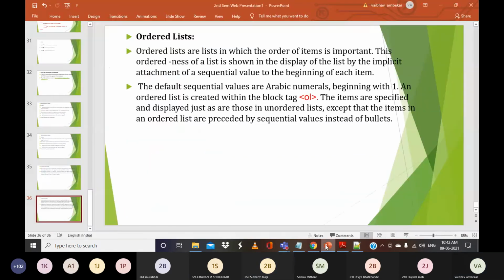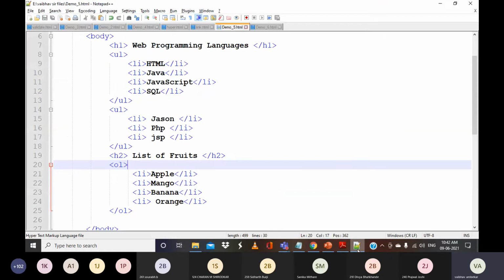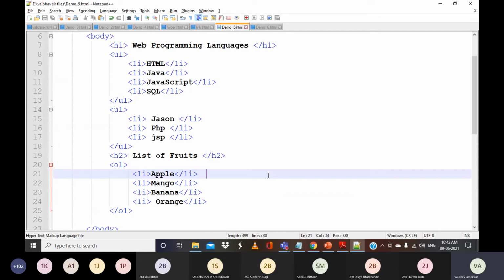Next thing that we will be discussing is the nesting of lists. Like we have used if and else in programs, if statements can be nested. We can have multiple for loops and so on. Similar to this, we can have the nesting of these lists, like unordered list, ordered list, and so on.